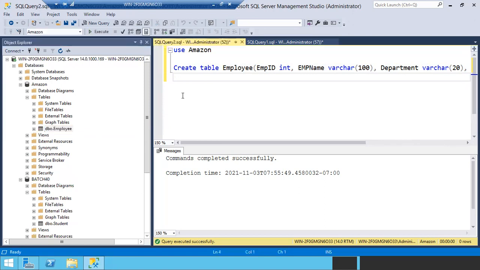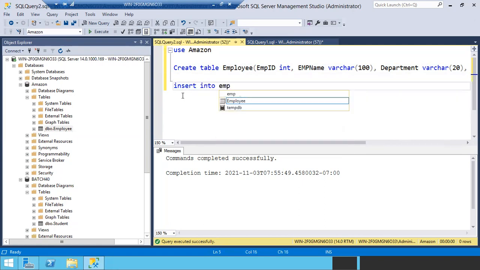Right. So now I want to insert some records. What is the query, guys, to insert the records? Insert into employee values, one, comma, something like this, let me keep it in braces. You can give your own names.